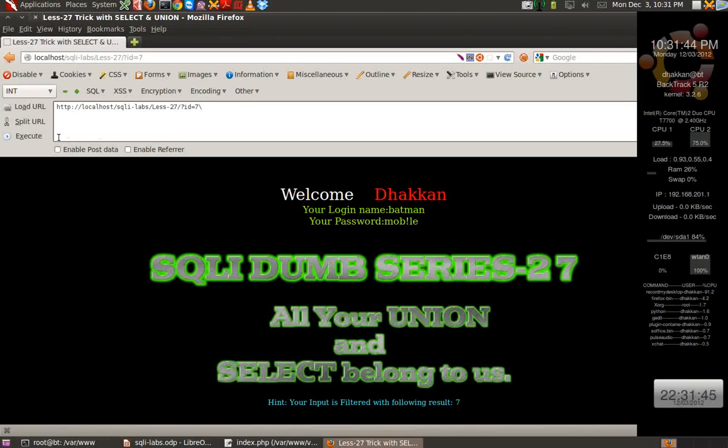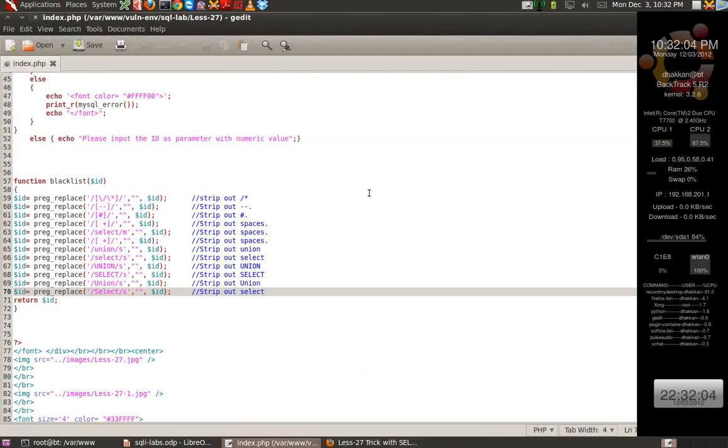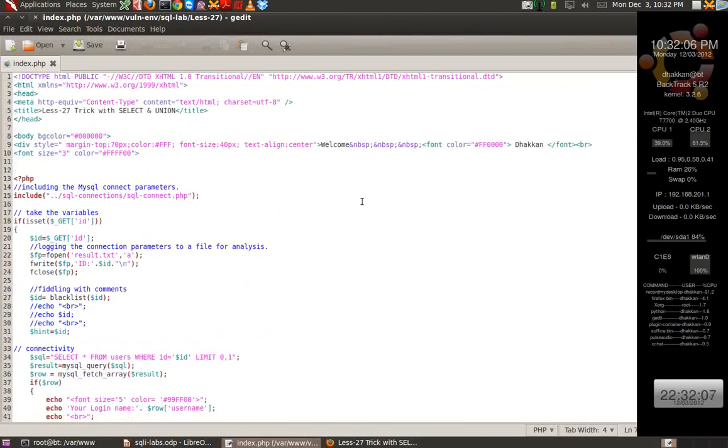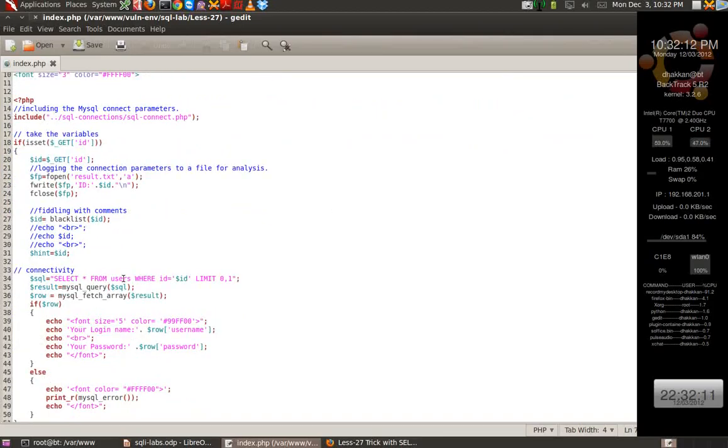Let's use a slash, the escape character, and the query breaks with a single quote. That means the developer has used single quotes to wrap the parameter. Let's check it out real quick. Select star from users where ID equals, and the single quotes are being wrapped as we guessed before. So let's go back